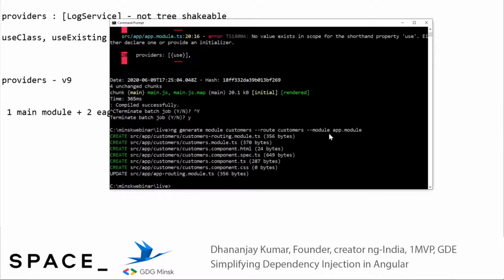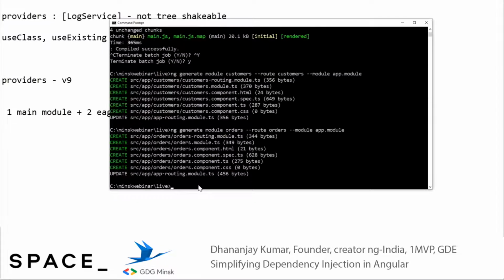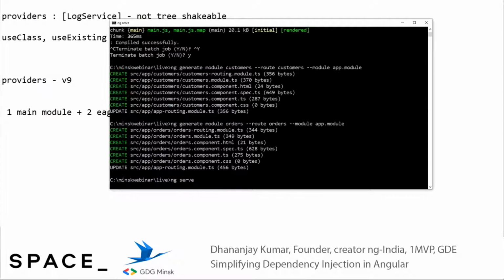And here Angular must have created a customers module. And let's say that I need one more module. And right here, I'm creating the orders module. All right, and then let's run this application with ng serve.